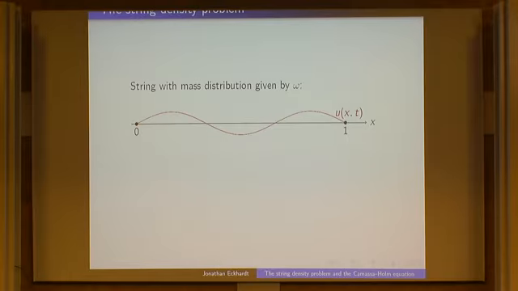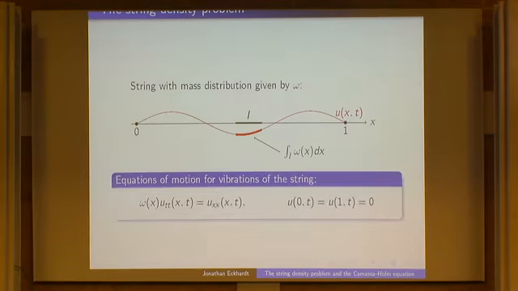So in the non-negative case, the spectral problem we just had is equivalent to the so-called string problem. So if you consider a string which is fixed at 2 points, 0 and 1, and the mass distribution of the string is given by some function omega, so that if you take some interval, then the corresponding piece of string will have mass given by this integral here. Then the equation of motion for the string is determined by this PDE here, with some boundary conditions at 0 and 1.